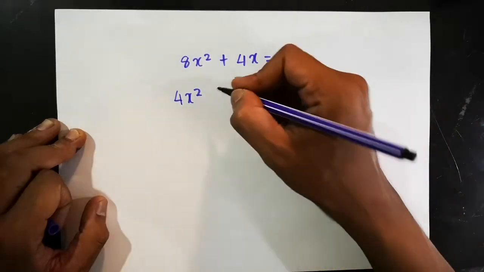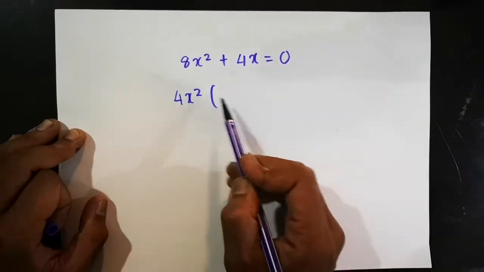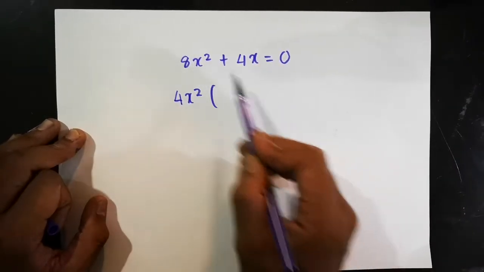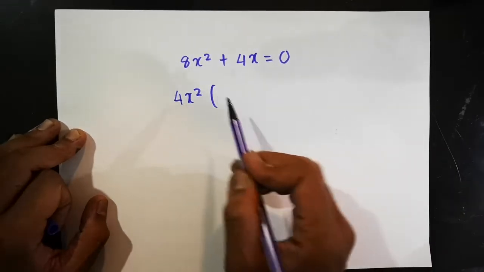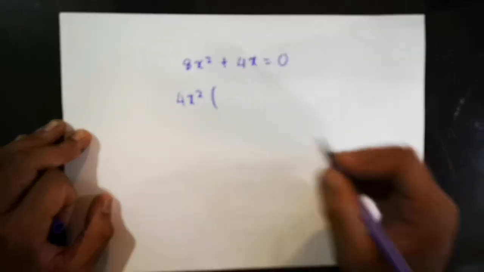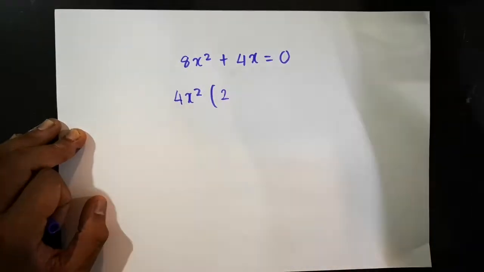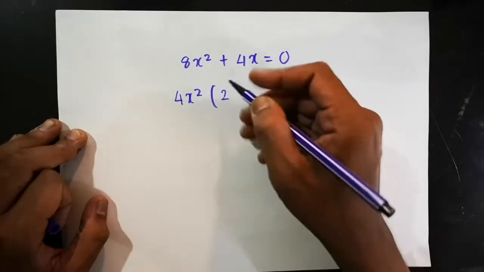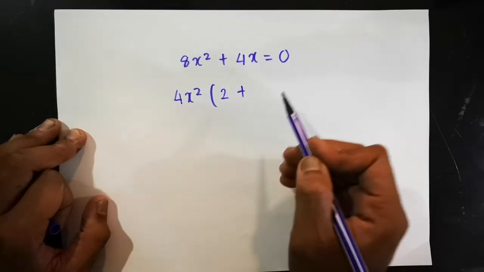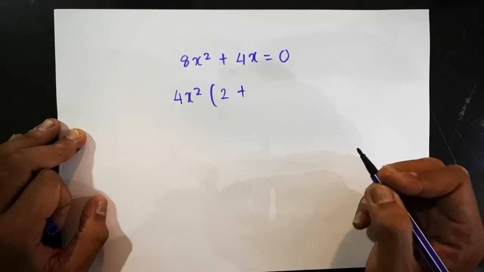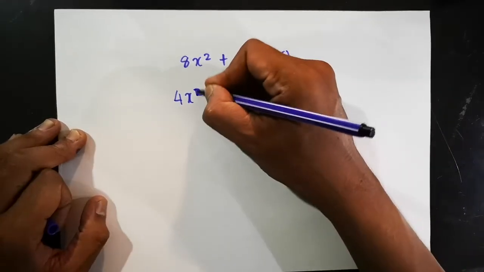Easy. Then you open a bracket. Make sure whatever you put inside tallies with what you are going to get in the end. So 4x squared multiplied by what? You get 8x squared. So you get 2, right? Easy. Then plus, you follow. 4x squared multiplied by what? You get 4x. I'm sorry,